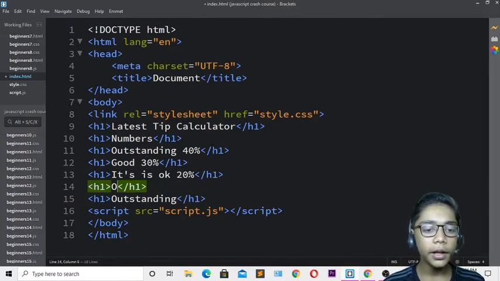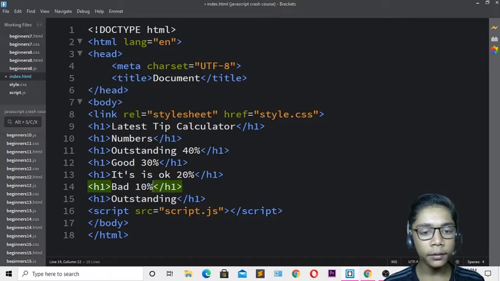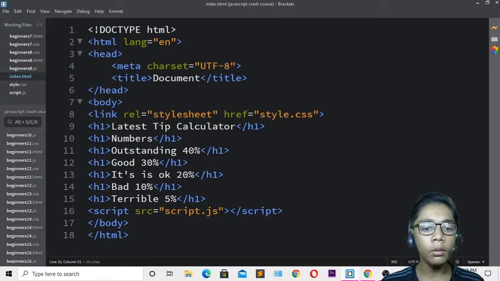So just when you've done that, come over here, I will be writing over here bad. So now over here I will be writing bad, and it should be like 10%. So I will be defining 10% over here. Then come and terrible should be 5%. So I will be writing terrible, which should be 5% over here, because you don't like the score over here. So I will be writing hit save over here,